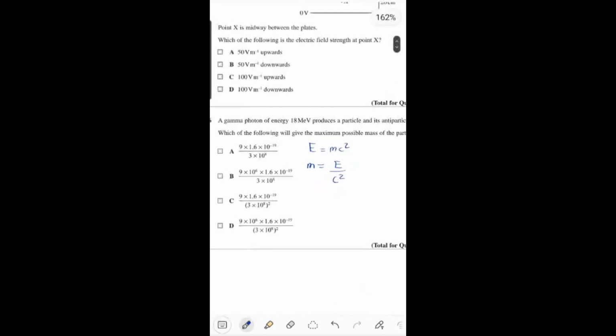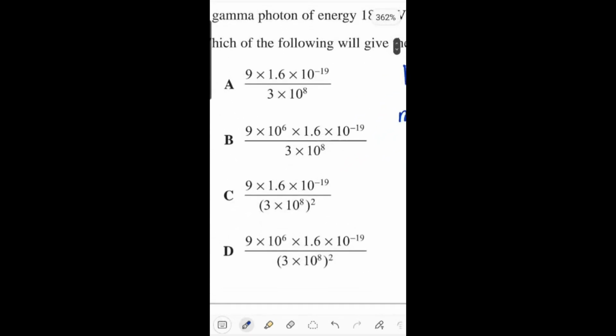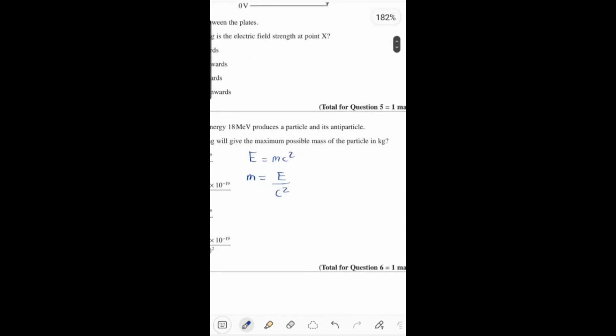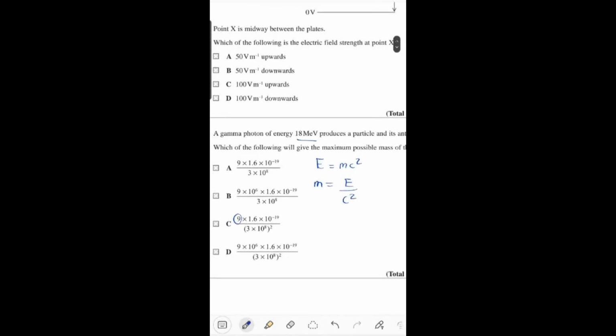Now basically some of us will use this formula E equals mc square, make m the subject, so E by c square, and then solve this question, but then wonder why it's 9 and not 18, right? So let me explain it to you. As it has this much energy and it's producing a particle and an antiparticle,